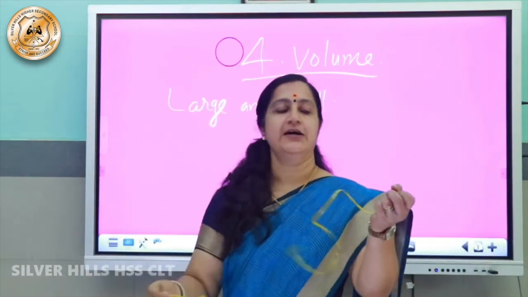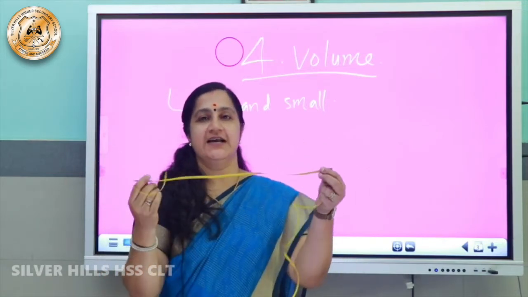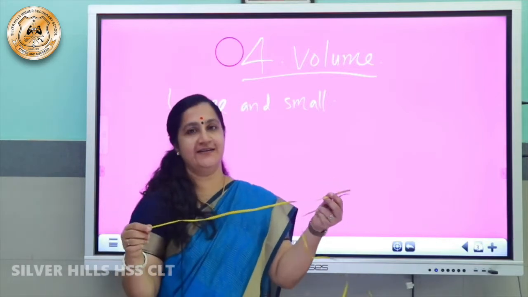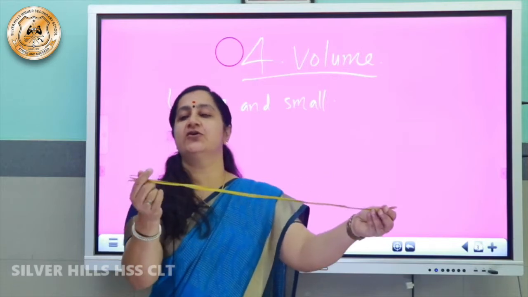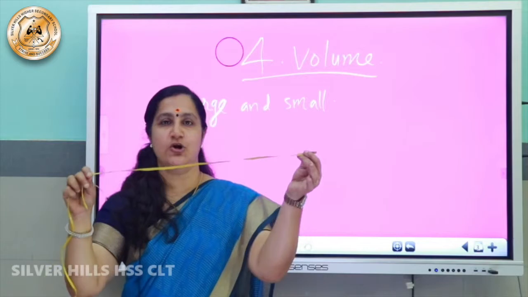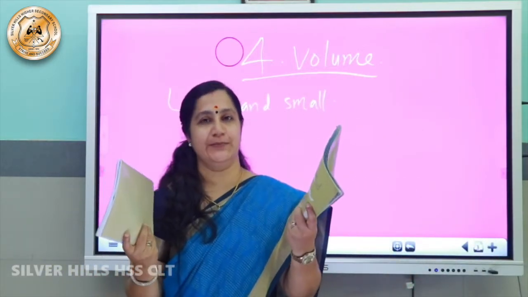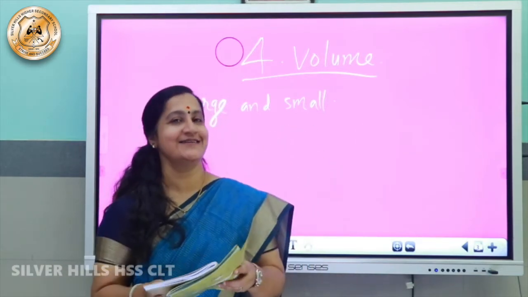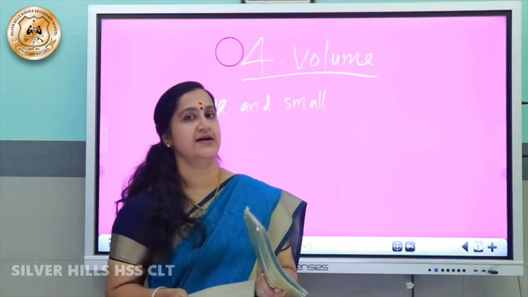Dear children, look at these two ropes. Here which is larger? For finding this, we have to find the length of each rope, or we can place one over the other. You can see this is larger than the small rope. Take two books. Which one is bigger? For this, we have to calculate the area. Isn't it, my dear children? So, whichever has more area will be larger.